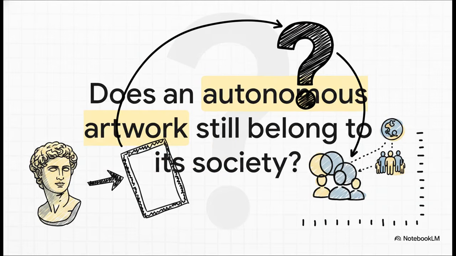I want to leave you with this provocative thought to ponder as you continue your undergraduate studies. If formalists are right, and a masterpiece is truly an independent, autonomous object built strictly out of aesthetic devices, does it actually owe anything at all to the history and society that birthed it? It's a question that goes to the very heart of how we experience art.